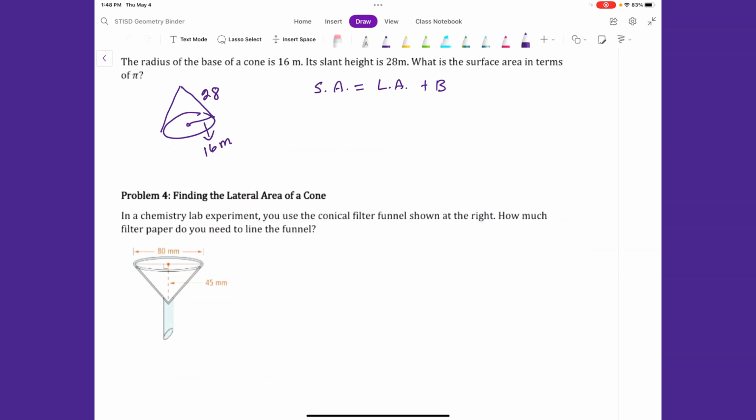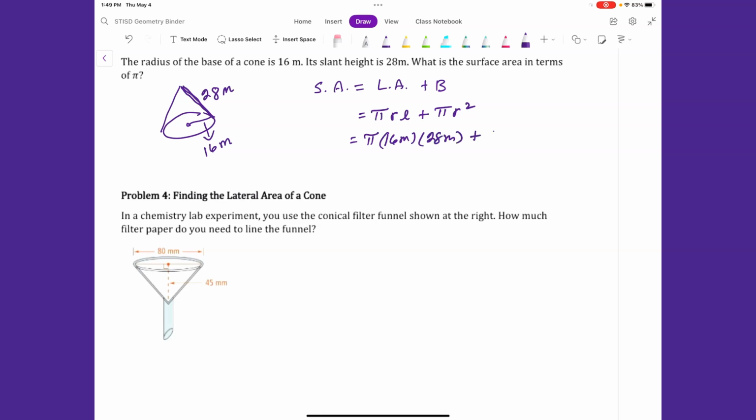We're going to continue to find the surface area of a cone. The radius of the base of a cone is 16 meters. The slant height is 28 meters. Remember, the slant height is this height right here. So we're going to go ahead and find the lateral area. It's going to be pi times the radius times the slant height plus pi radius squared. So we have pi, the radius is 16 meters, the slant height is 28 meters,